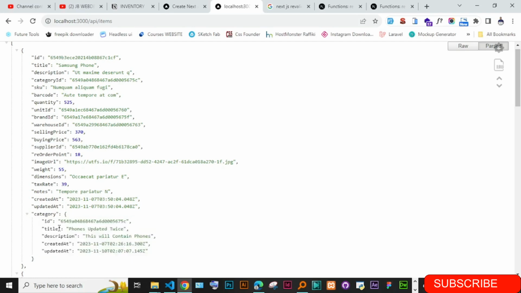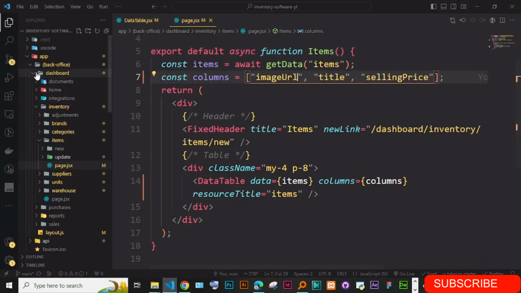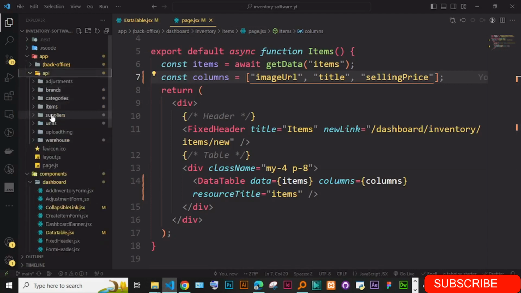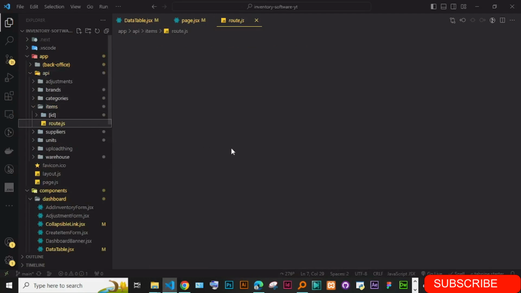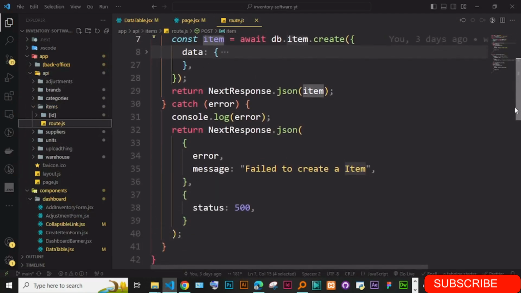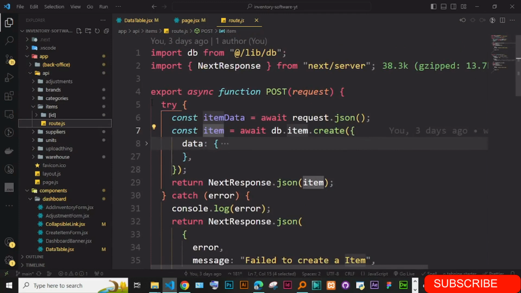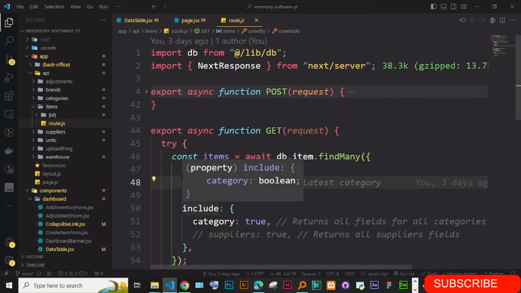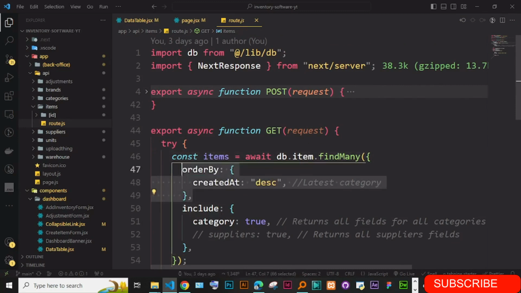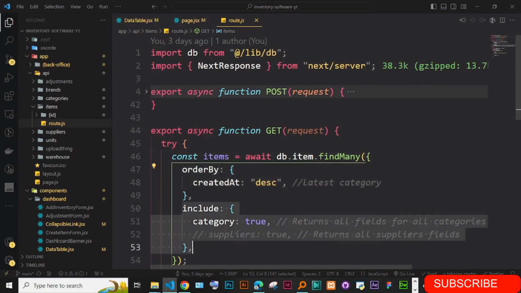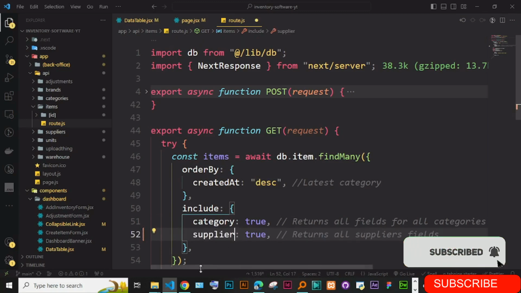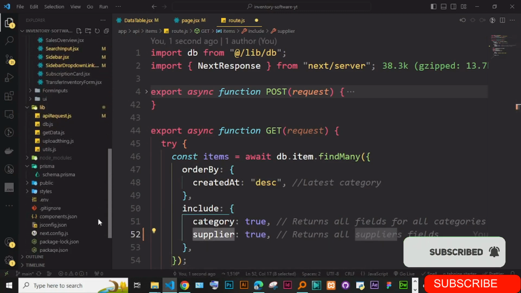And how we handled this in the fetch: you remember that in the API, when we are fetching the item, we used the include. We had find many, we first did the order by, and then we included. You can include the supplier, you can include all the stuff you want. If you wanted the supplier, you could add the supplier here just like this. The key we add here is the exact key that you have in your